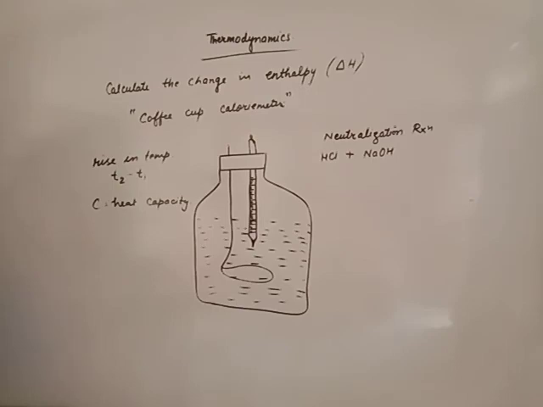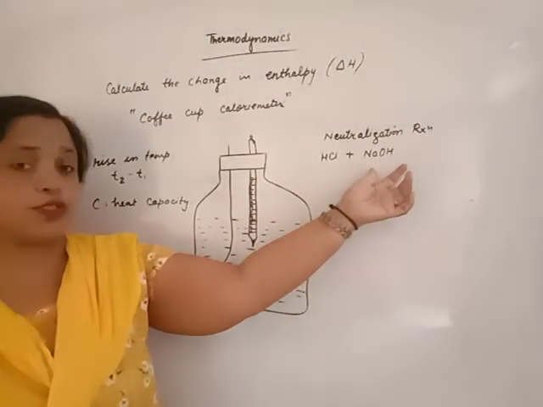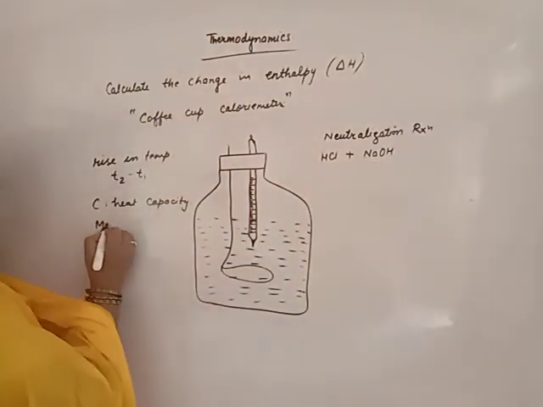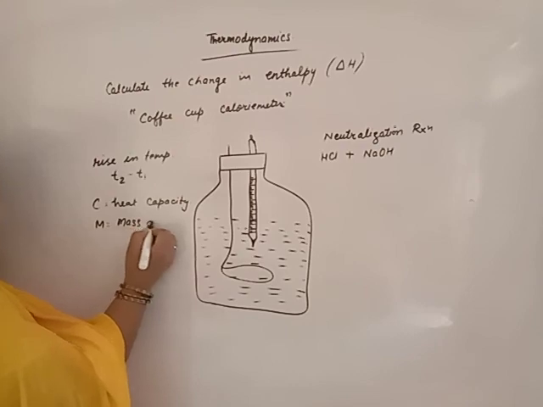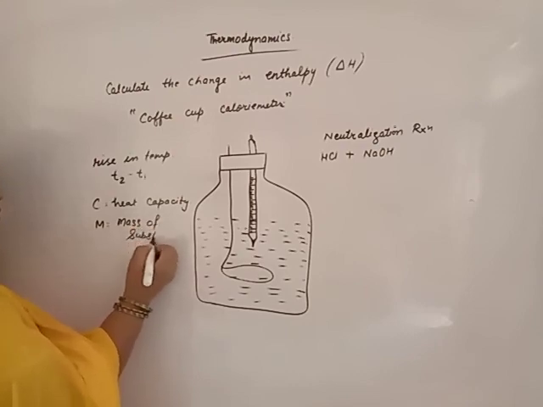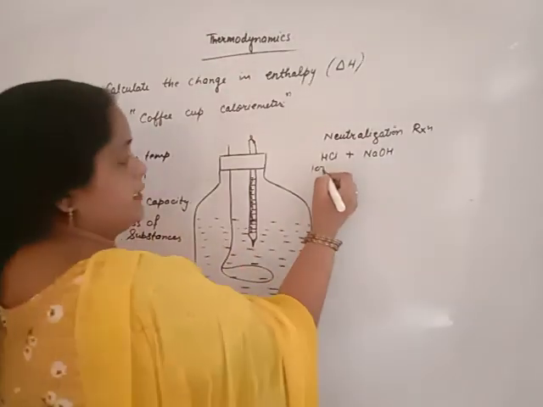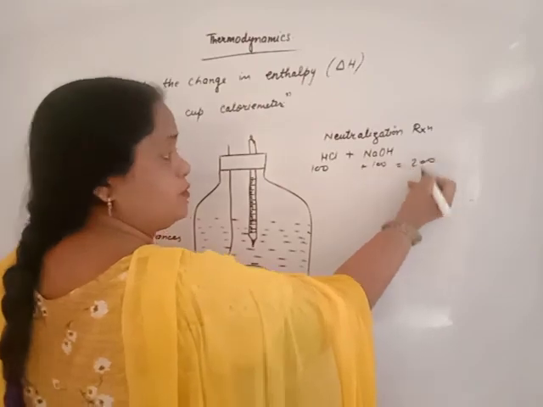And now we want to calculate the change in enthalpy. To calculate the change in enthalpy, beta, we know very well about the specific heat capacity, rise in temperature, as well as what is the mass of these two. Suppose it is 100 gram, it is also 100 gram. That is M, mass of substances, total mass of substances. Suppose it is 100, it also 100. Total mass is 200, like this.